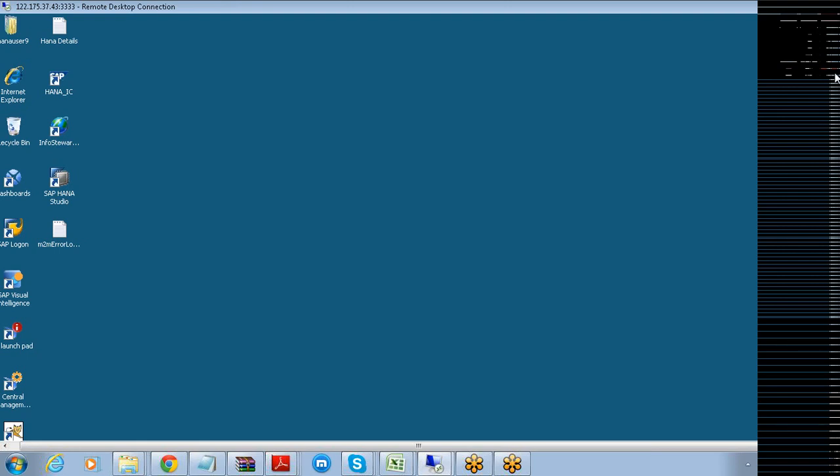The first thing is with respect to the data replication part, or the data provisioning part. The second thing is with respect to the data modeling, what we need to do in SAP HANA Studio. And the third thing is how the reporting has to be carried out with respect to Business Objects. So the reporting, the modeling, along with your data replication and provisioning, these are the three things we are going to focus on right now at this point of time.